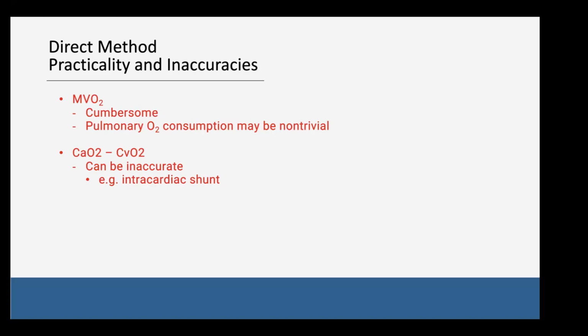For example, in the case of an intracardiac shunt, if you have a right to left shunt, then you have an admixture of venous blood on the left side or the arterial side. Conversely, if you have a left to right shunt, then the CvO2 can be raised, which is not representative of systemic oxygen consumption again, but actually of intracardiac shunts. And it can also be different based on what your actual disease state might be. In essence, part of this is understanding and getting the nuance of when these may be different.